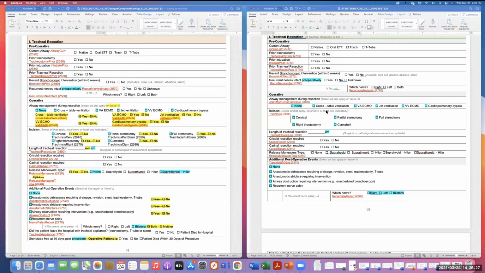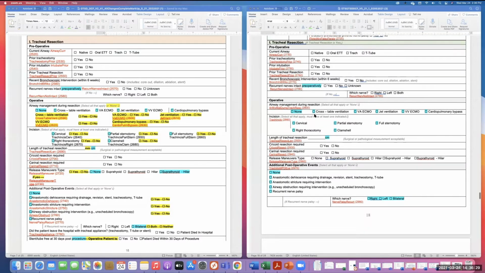So we'll get started here in the tracheal section. Does anybody need extra time to pull up their data collection forms? If so, just